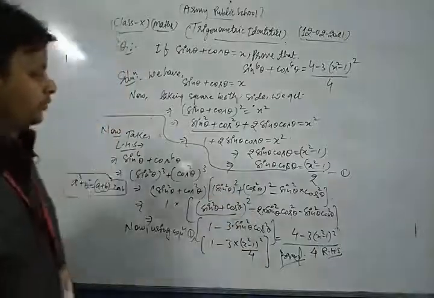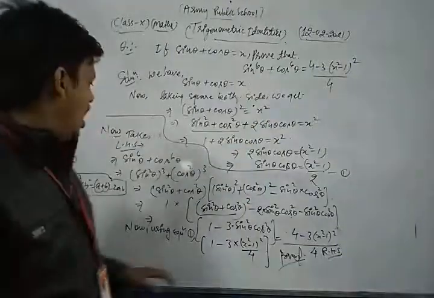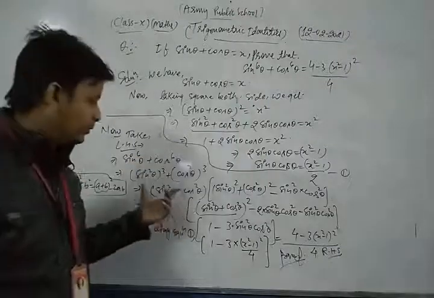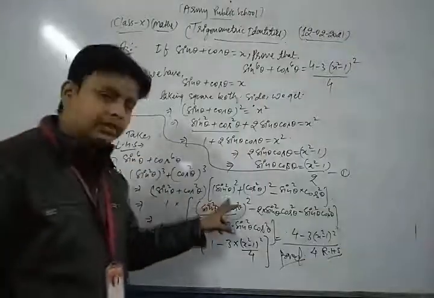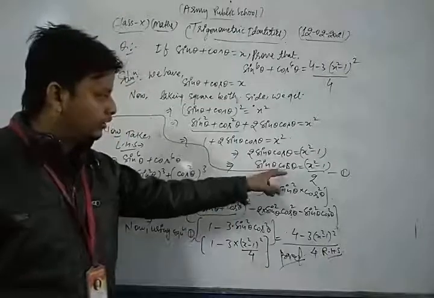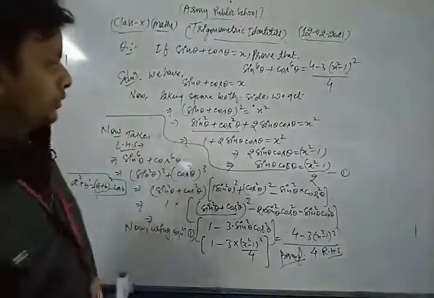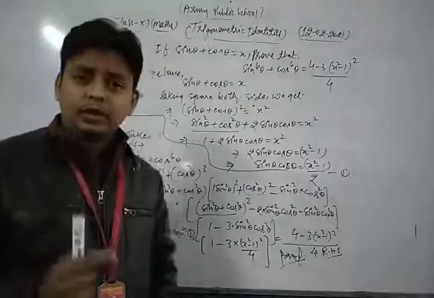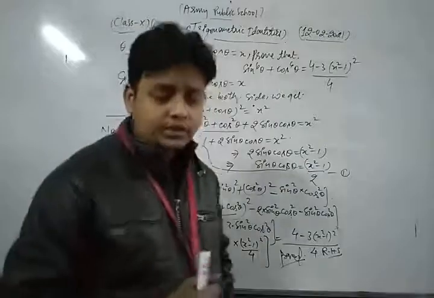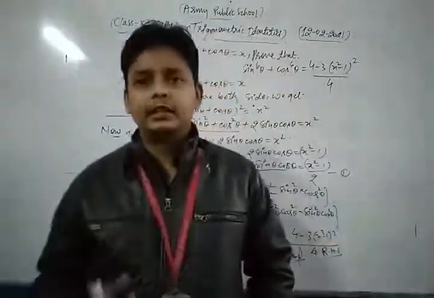Now dear friends, we take the left hand side of the given equation, and using the algebraic identities we form it in this way. Again we use the identity, and after that we put the value of sin into cos and simplify, and we get our result. So dear students, first of all do more and more practice of this type of question. After that you can solve each and every question of your syllabus based on trigonometric identities.